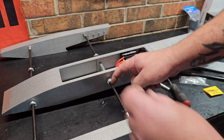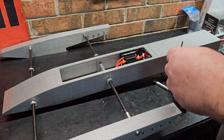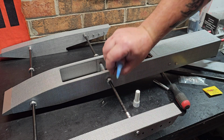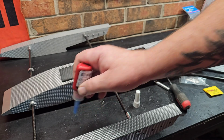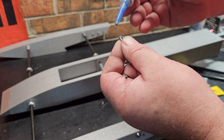Okay, once you have your collars on, you just put the screws in there. Okay, actually we need to use some Loctite. Well, yeah, let's use Loctite. I was going to say I don't think you need Loctite, because there'll be pressure when you tighten it down. There'll be pressure on it, but